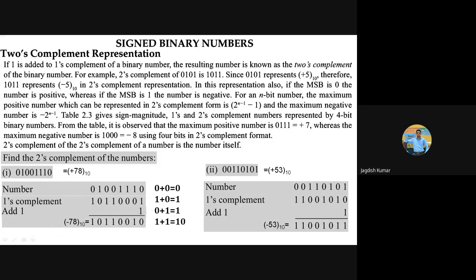Okay, let me give you another number. And the number is 0110, sorry, 10110101. Okay, what is this number in 2's complement? What is this representing in 2's complement? Decimal equivalent. Now forget the previous case, come to this one. What is this number in 2's complement form? So what is its decimal equivalent?